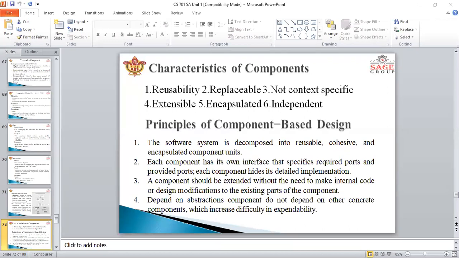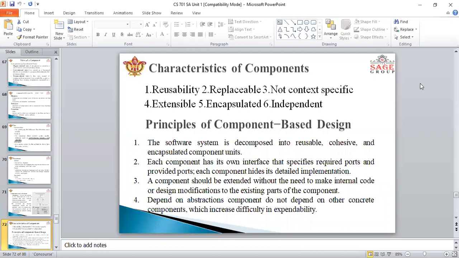And also the principle of component based architecture is the software system is decomposed into reusable, coherent, and encapsulated component units. And each component has its own interface that specifies the required port and provided port, and each component hides its detailed implementation. So this is the principle we follow when we create the component based architecture.